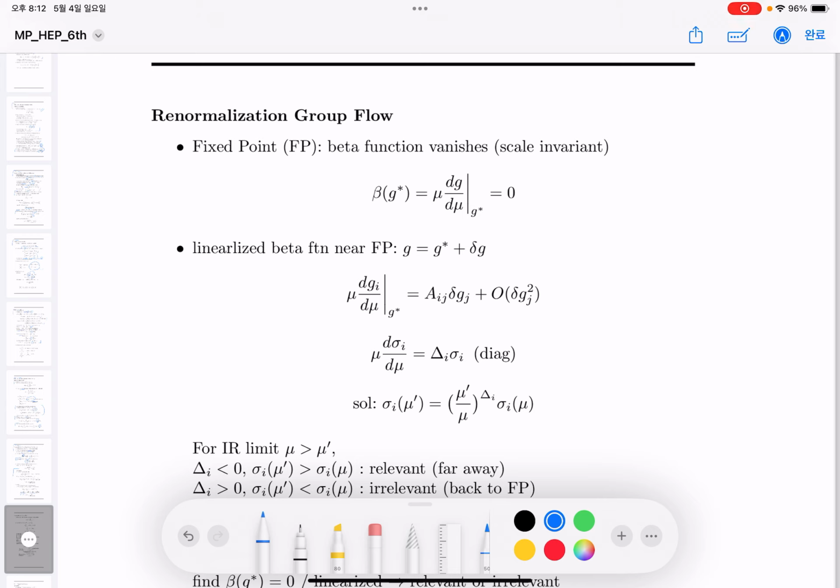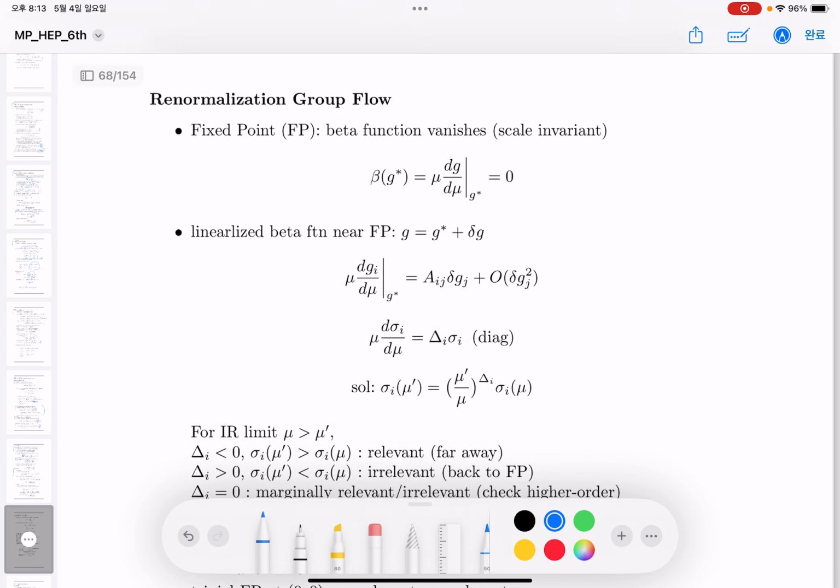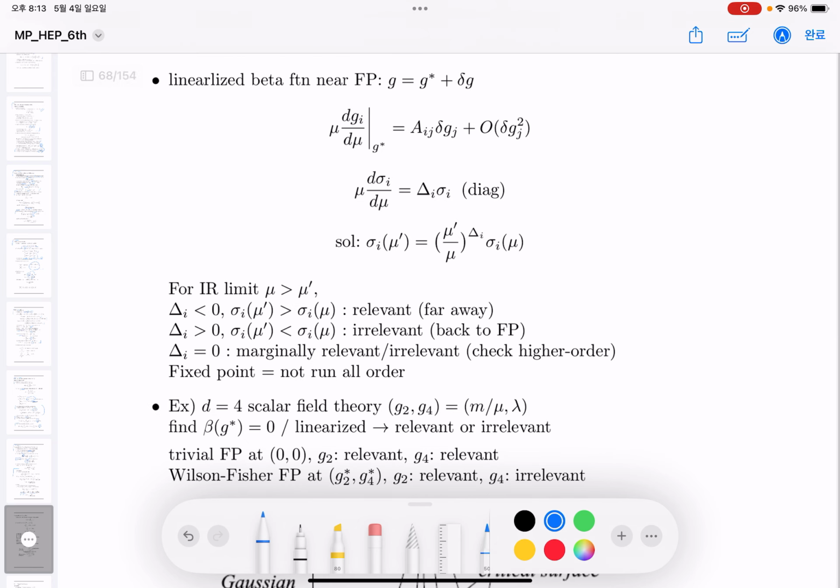And instead of evaluating the exact solutions of the beta function, we can also find some qualitative behaviors of the coupling by using the renormalization group flow. There will be some fixed points, where the beta function exactly vanishes. In this case, the invariance around this point is called a fixed point. And we can linearize the beta function near such a fixed point, and depending on the scaling dimension sign,